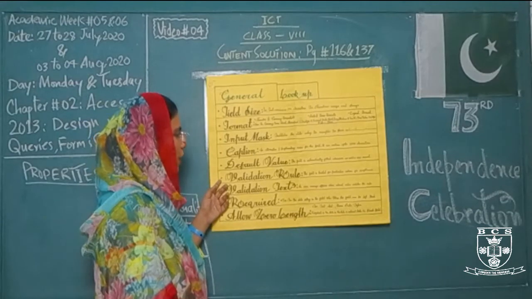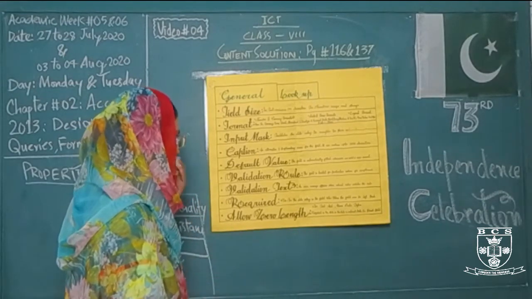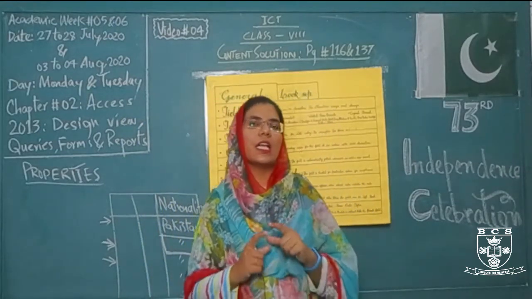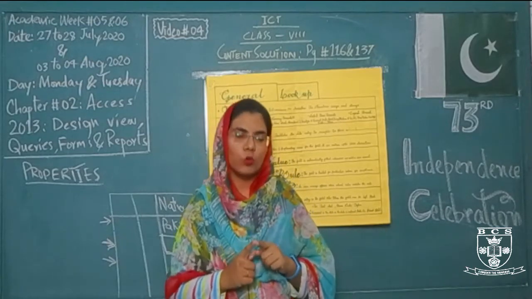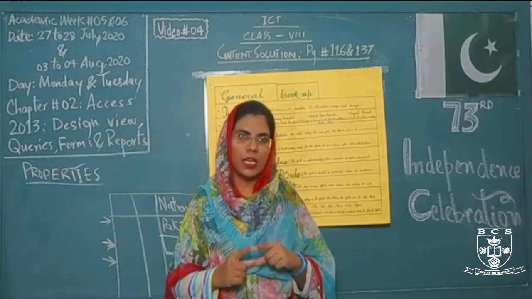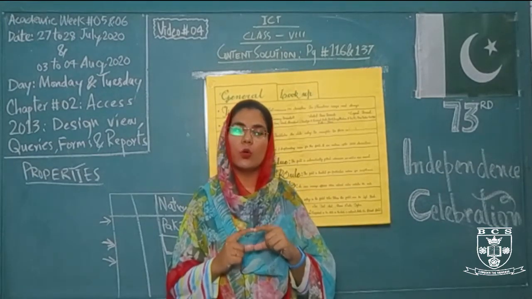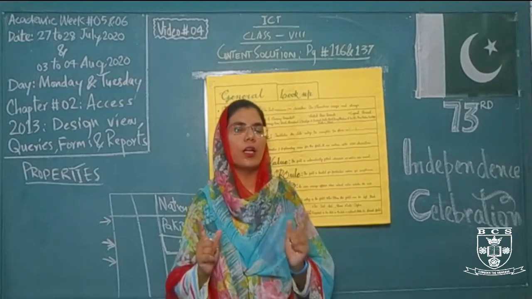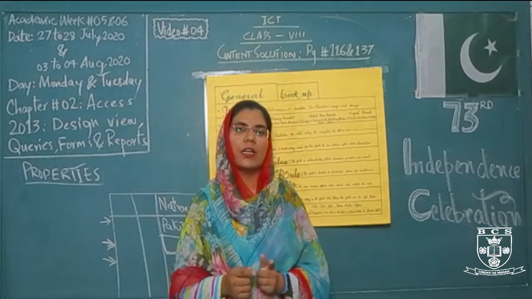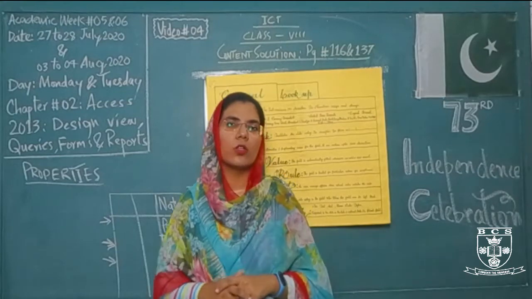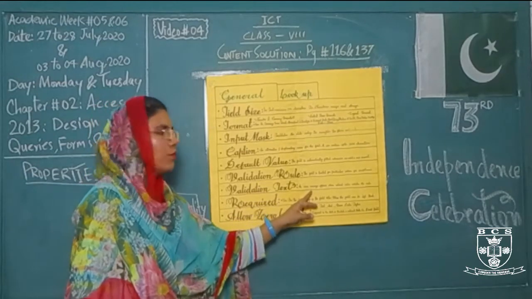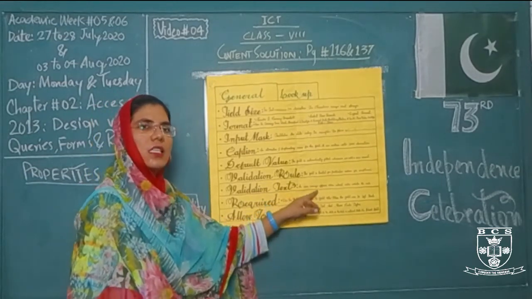Right after that we have validation rule. What is validation rule? In the last class we have completely discussed it. Validation rule specifies a particular rule or range for the data entry. For example, if I have to enter data from 1 till 100, I will mention a validation rule for this range, and if I add any value that is less than 1 or greater than 100, an error message appears on the screen, that is known as validation text, and it tells us that we have violated our rule and the value we have entered in the field is against our rule.